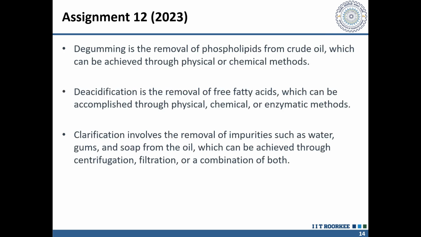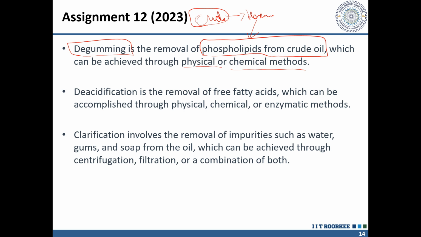So first of all, degumming. Degumming is the removal of phospholipids from the crude oil. When we crush the soybean seeds and produce the oil, it is in crude form. So the crude oil is then purified by the help of hexane, and the hexane extracts these phospholipids, and thus this is also known as degumming. This can be achieved with the help of physical or chemical methods. After this,